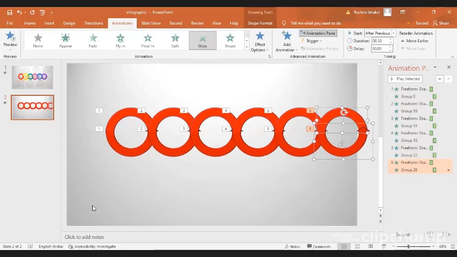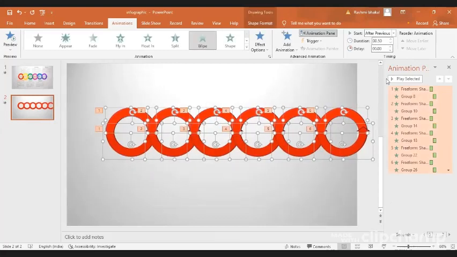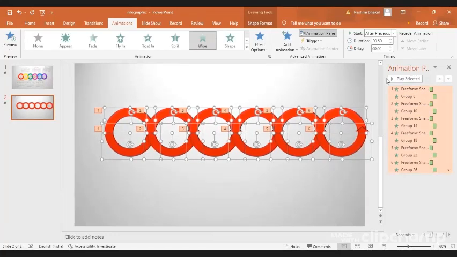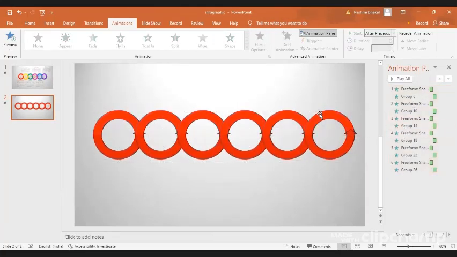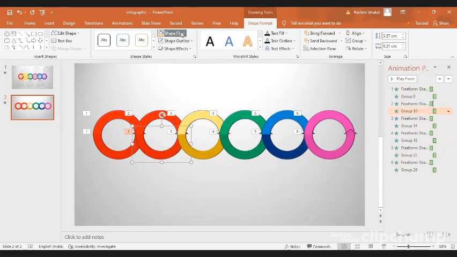Okay, as you can see, they are going a little bit outside the area. So let's select all of them and shift them by pressing the left arrow key. We'll start from the right-hand side and we'll give some colors. So let's select. Okay, here I am going to select